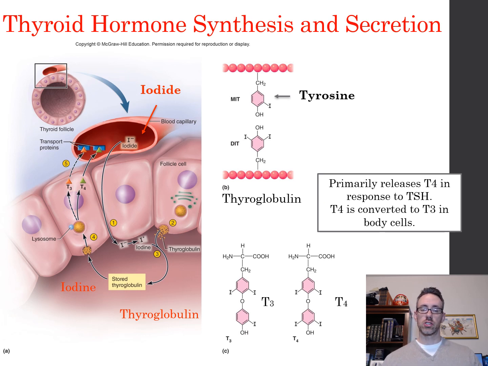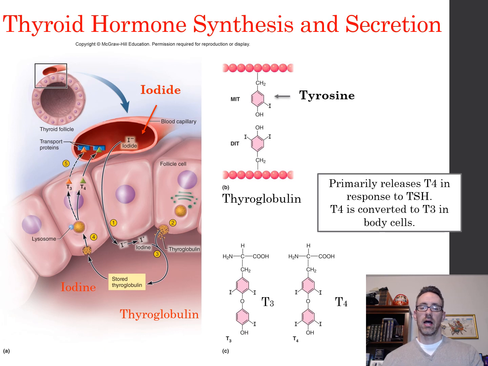And then over here, this is just showing you the production of what we call thyroglobulin, the primary protein found in the colloid that contains lots of tyrosines. So if we look over here, this little beaded structure, these are different amino acids of the thyroglobulin molecule. That's that primary protein in the colloid mixture, and it has a lot of tyrosine residues, or tyrosine amino